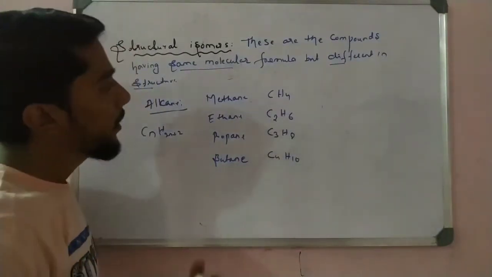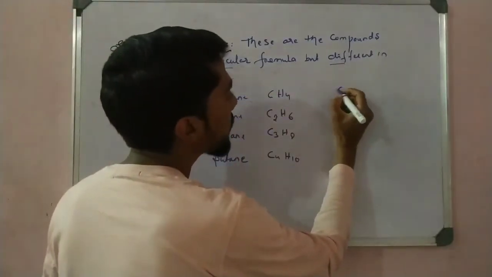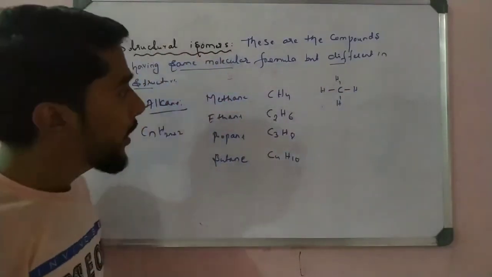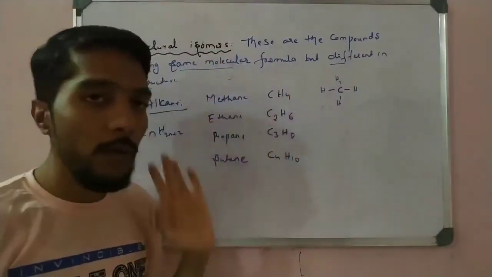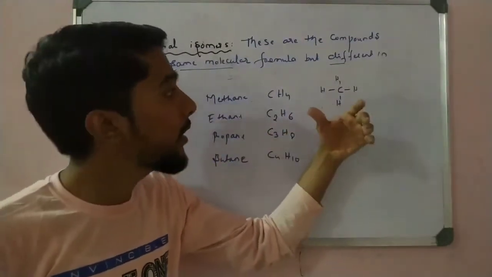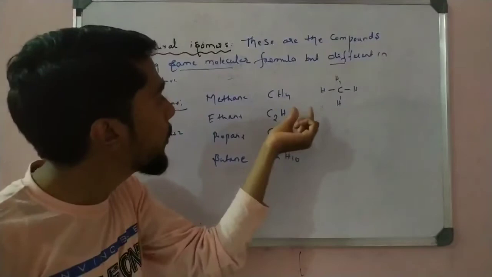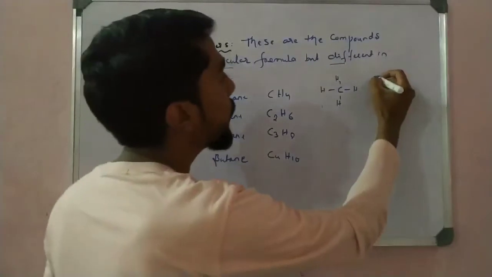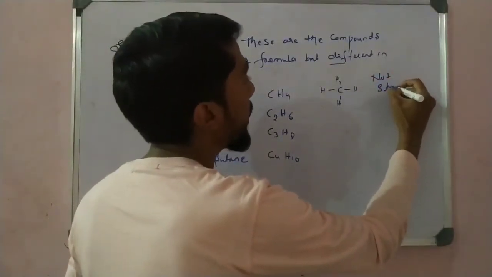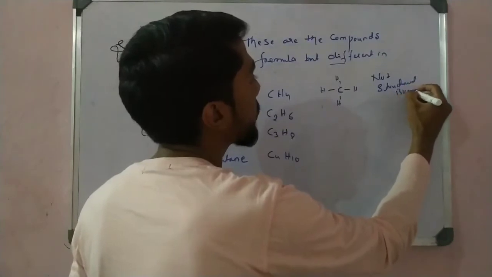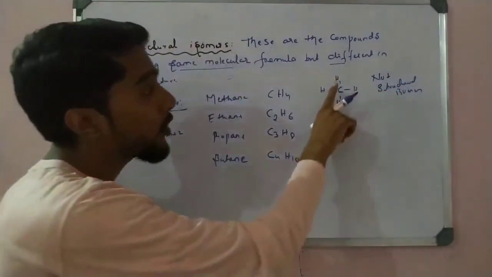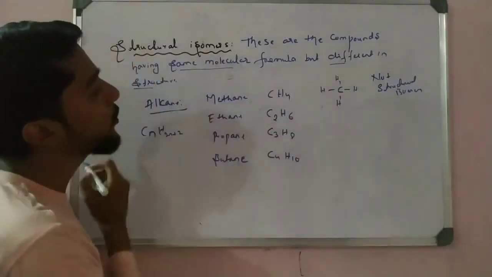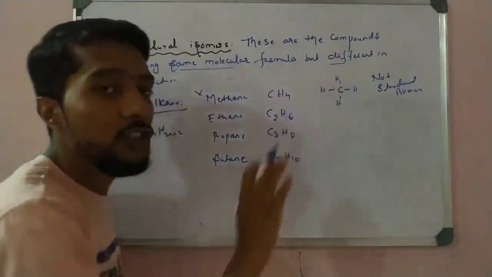So let us see here. The structure arrangement is like that. And now see, the molecular formula of methane is CH4, and only this structure is possible. Another structure is not possible here. The only possible structure of methane is this one. We cannot arrange it in another structure, which means it does not show structural isomerism. Why? Because with only one carbon it is not possible to make a cyclic or branched structure. So we observe that methane does not form structural isomers, right?